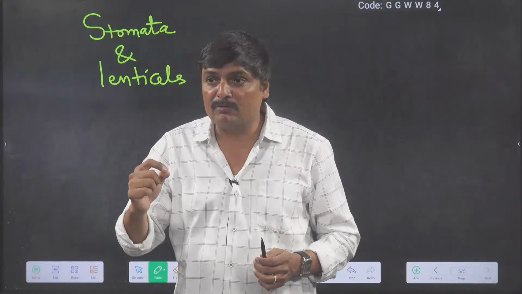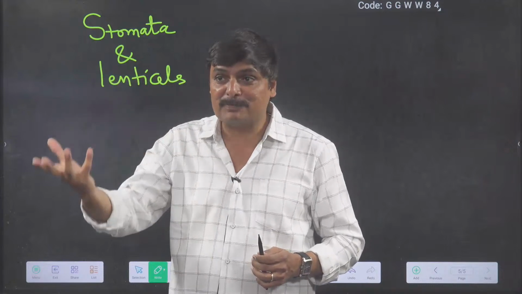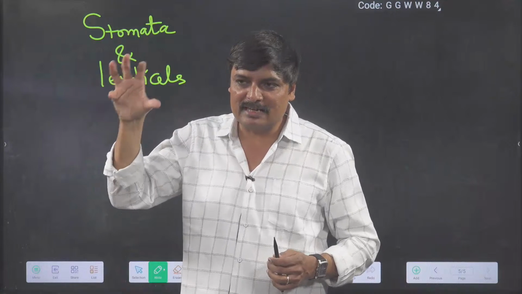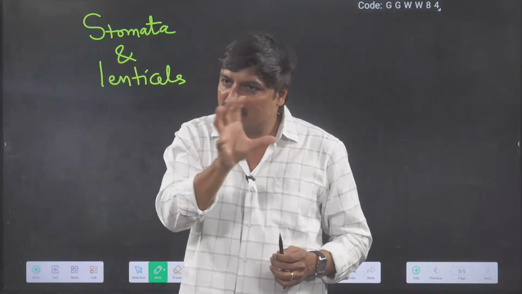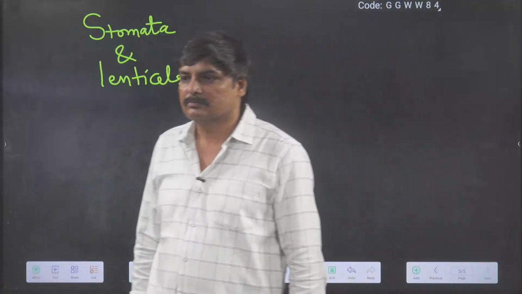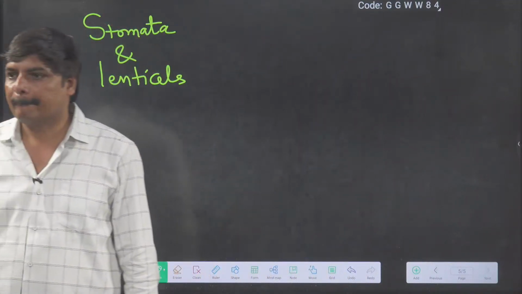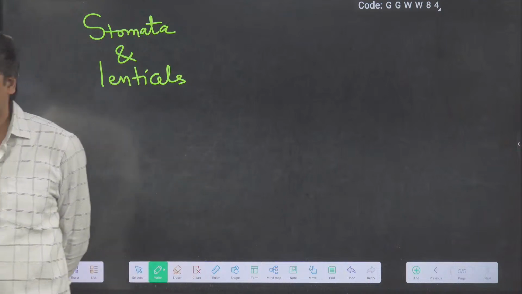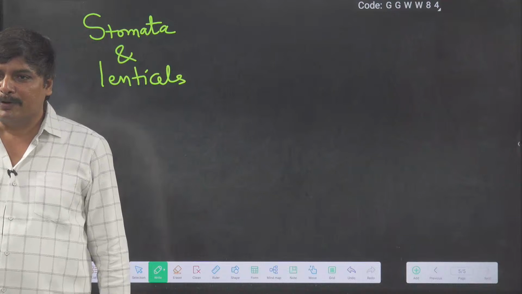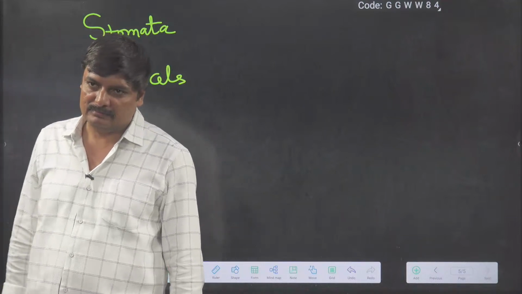They are involved in respiration. Exchange of gases takes place through these structures in plants. So these are the structures which are equivalent to breathing organs of animals. I hope you understand, all of you. Okay. So breathing organs are absent, but equivalent structures are present.